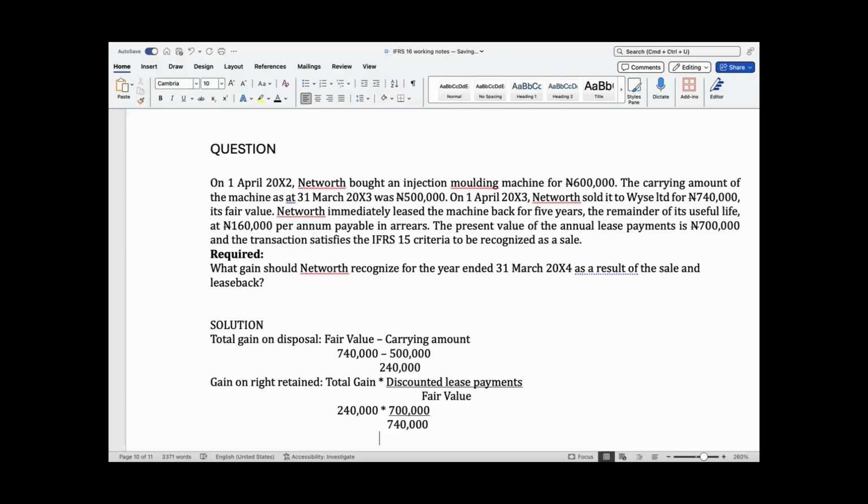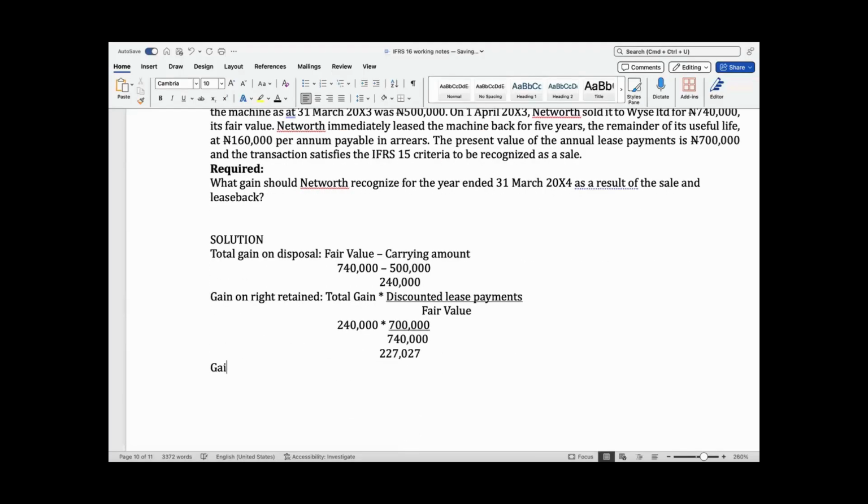If I punch my calculator, this will give me 700 divided by 740 times 240,000. This will give me 227,027. Then the gain that I actually recognize to P&L is the gain on rights transferred,